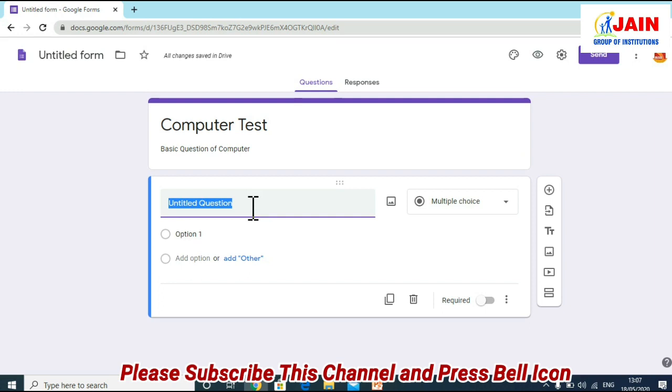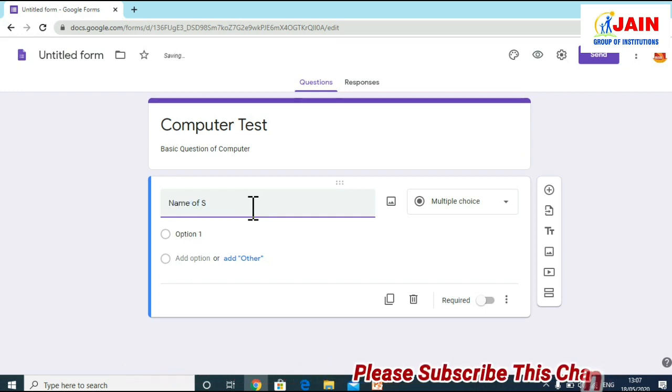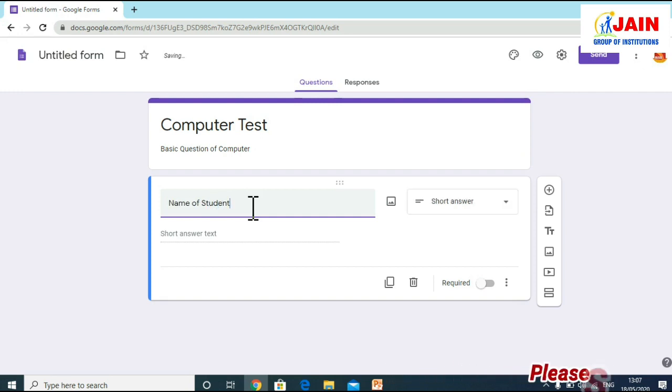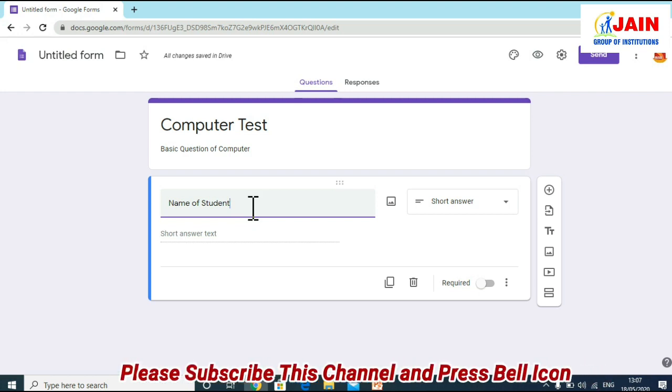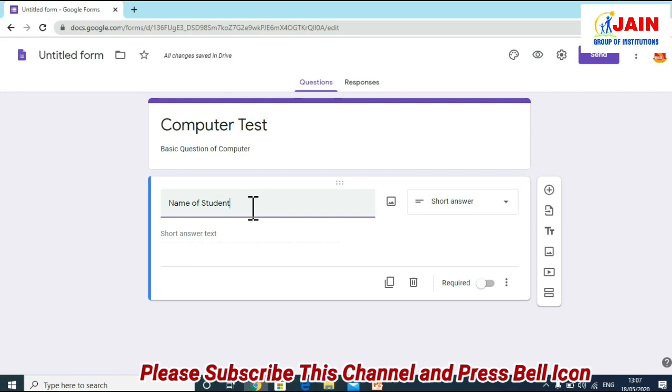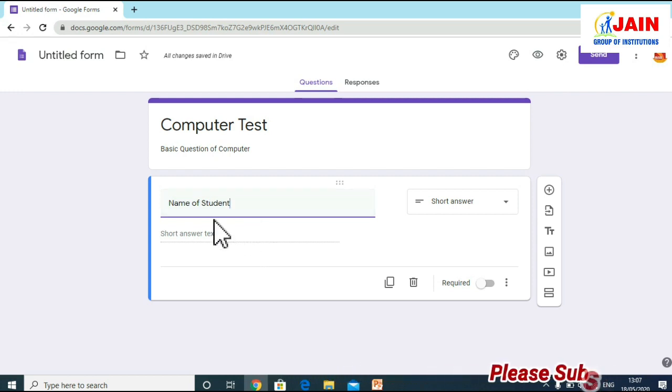I would like to add the name of the student, because we have to collect the basic information of the student, so that after submission we should know this form is filled by which student. By default here it will be written short answer text.